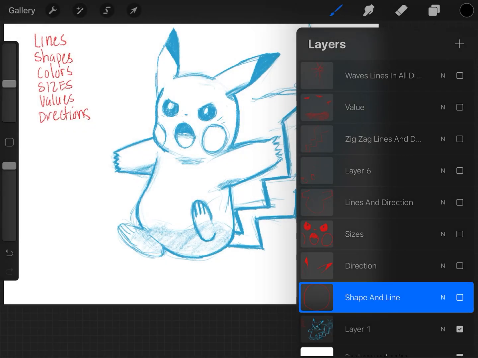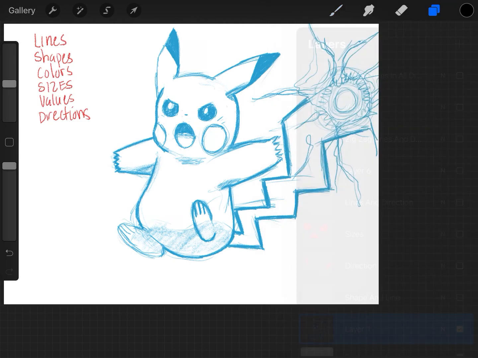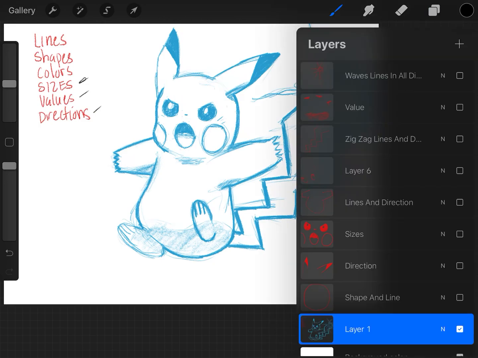Sizes, values, and direction. Those are the three new vocabulary words we're going to be using. I want you to really listen in and take notice of all these elements of art that we're using in our drawing today, right? So your first step that you're going to do